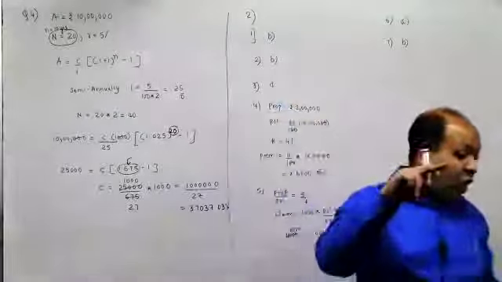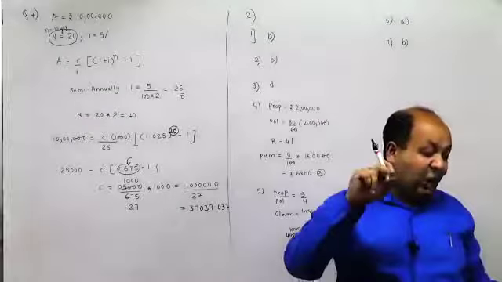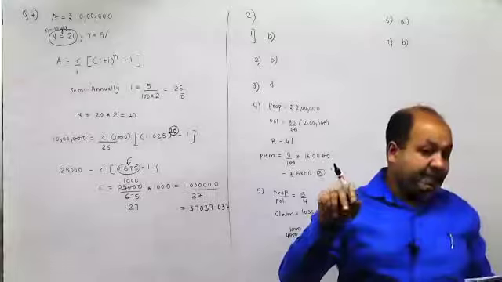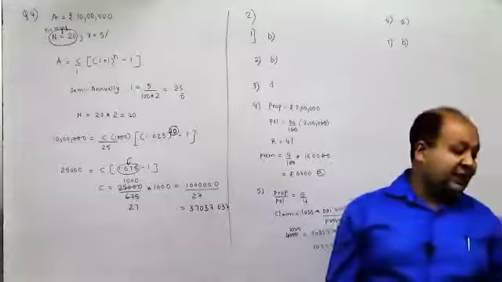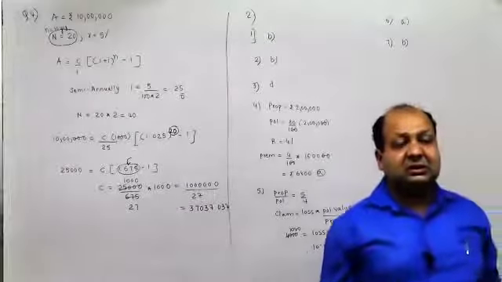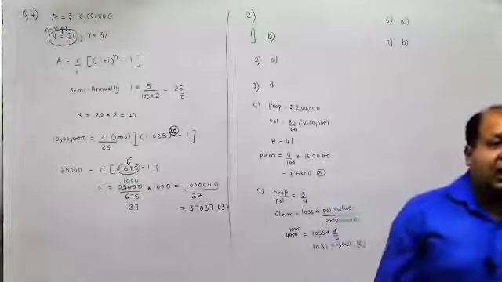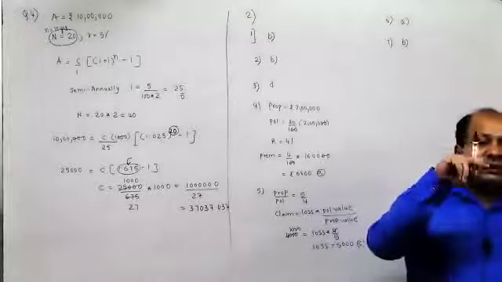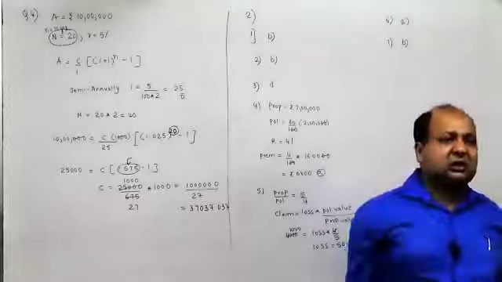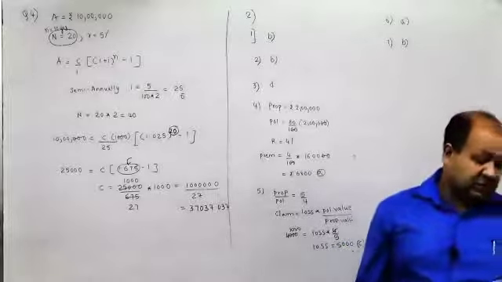Actually, it should have been both B and C. We should have taken B and C both as the right answer. D is not correct because they have said both. No, then also it is correct. My God.